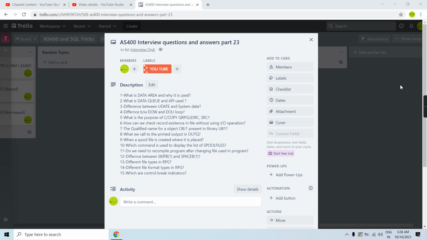Another example is, let's say we want to perform multi-threading in our IBM i. We want to make something multi-threaded. So let's say I have a job which is running for a long time, and I thought of breaking that into several other jobs. I thought of breaking that into multi-threaded jobs. I want to run that multi-threaded.